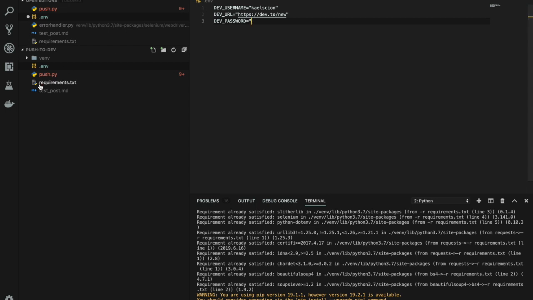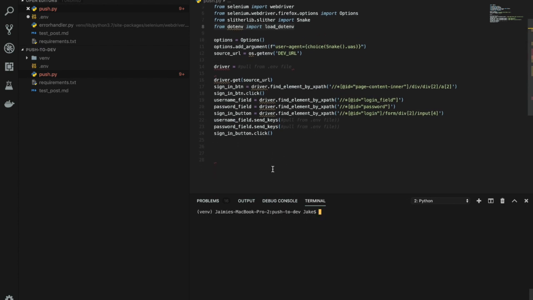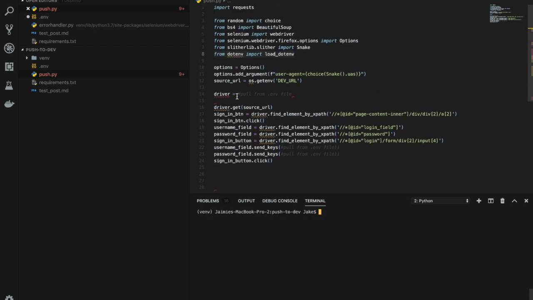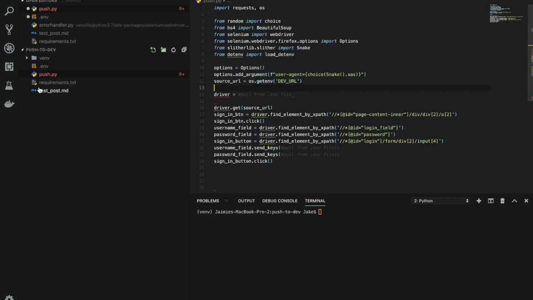We'll come back to push.py in the main project. So here we are back in push.py, back in our file. Now we are going to start pulling things from our .env file. So we're going to type in clear to clear the console so we don't have a bunch of old data all gumming up. Then we're going to use the os.getenv command. To do that, we have to go up and import the os module. And we're going to use getenv to get our environment variables,